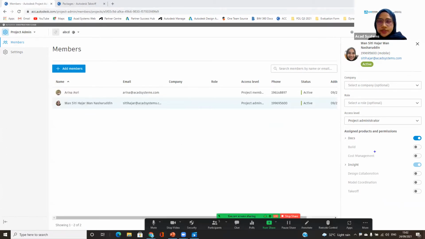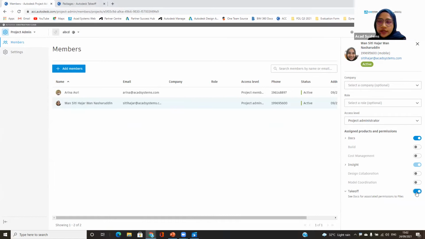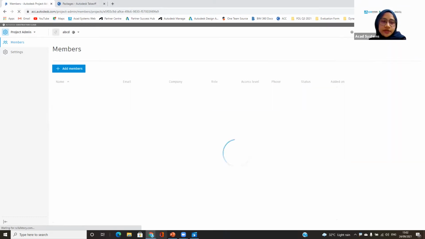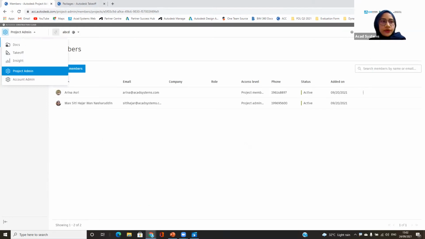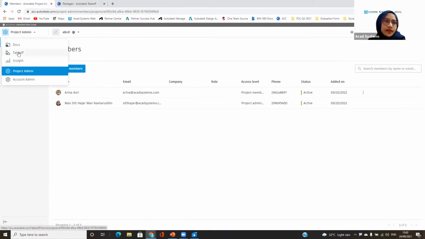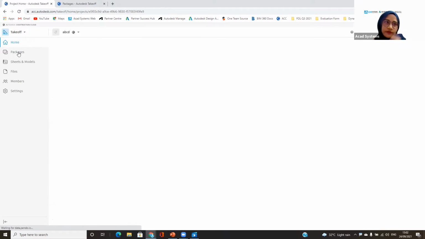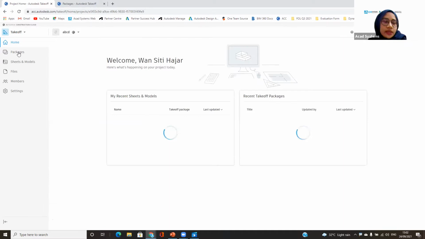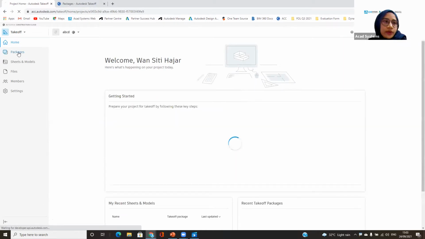If you see on the side here, I want to ensure that I turn on the takeoff first. So I just have to click takeoff and then assign individual. That will allow you, when I refresh here, I can see the takeoff services that I can access from here. So this will turn on the takeoff, where we can access those services. After I've done that, a couple of very basic settings that we want to set up before we can get started with our takeoff is that when we go to packages here,